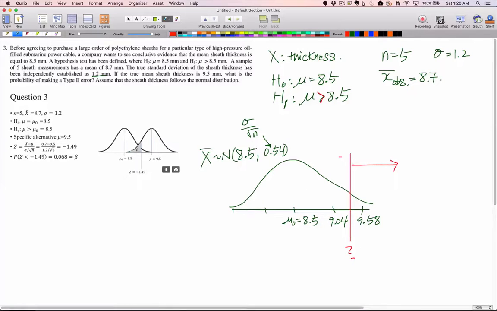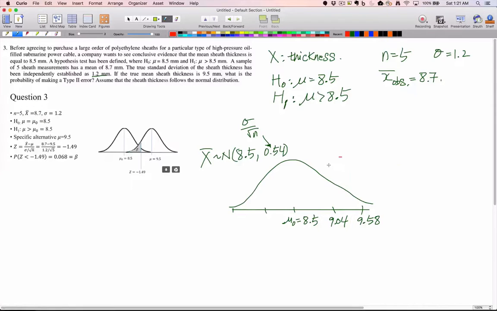Now what your professor has done here in the solution is he's assumed that the rejection region is to the right of 8.7. How he assumed that is beyond me because nothing within the question suggests that that is our critical x bar value. Okay? Now assuming that,